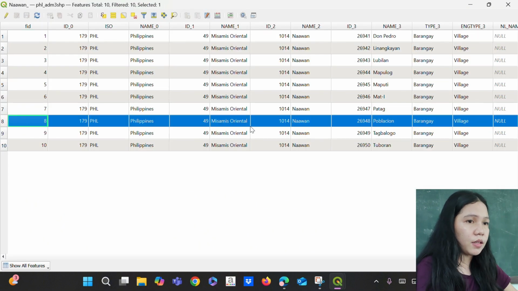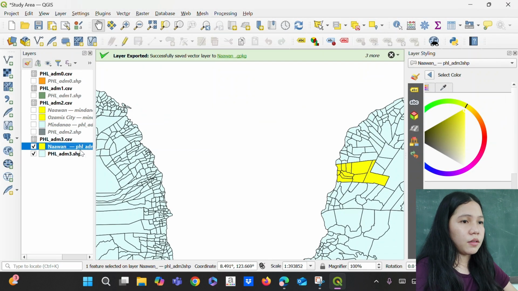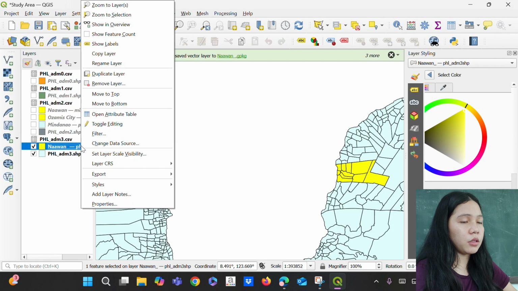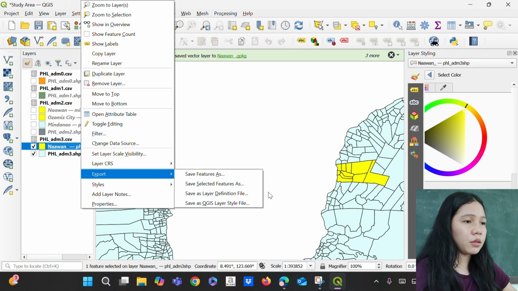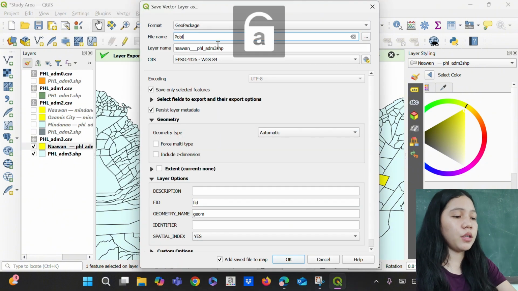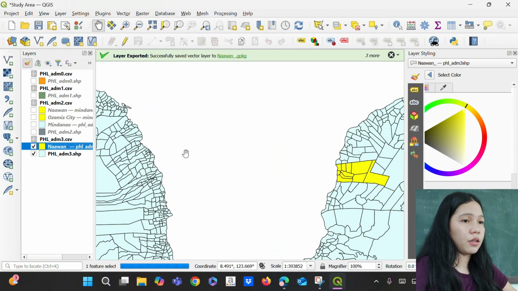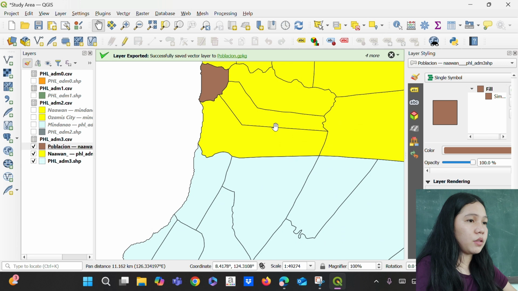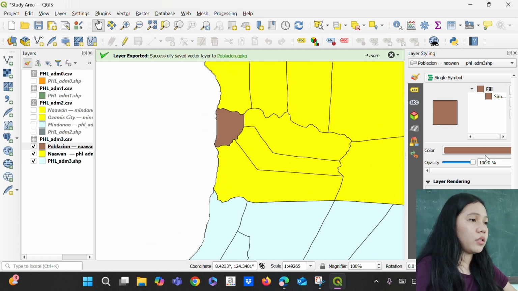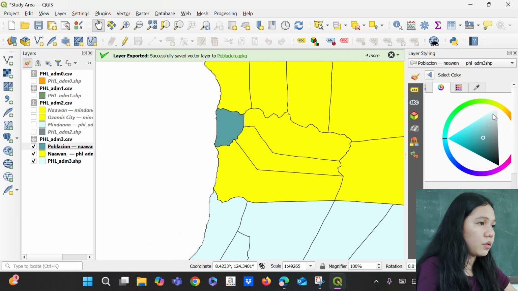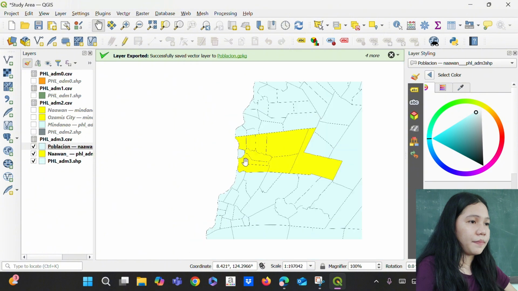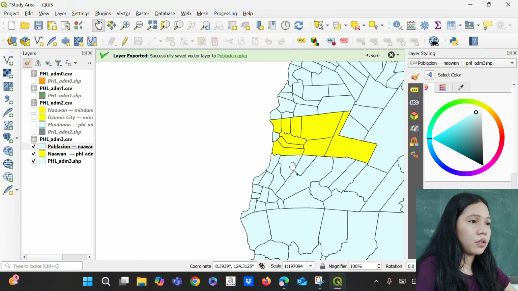So Poblacion here, just highlight the Poblacion. Then you need to export the Poblacion map from the Naawan layer. So selected features, you need to type Poblacion here. Then you have Poblacion. Then I'm going to change the color.